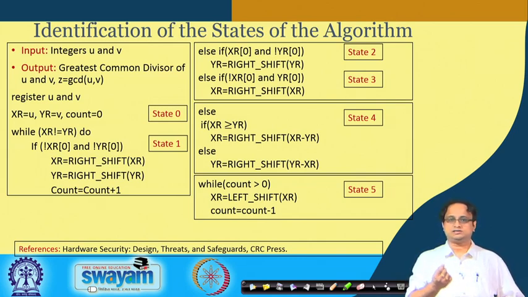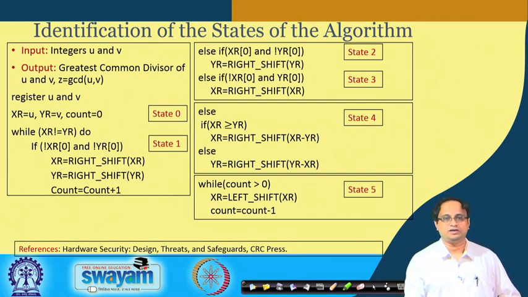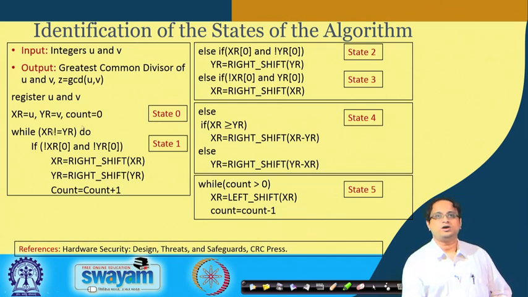You just need to check the least significant bit. If the LSB is 0, then you know that u is divisible by 2. Okay. Likewise for v. So I just check the last bit of XR and YR, and if both of them are 0, then I know that we have an even number. We have both u and v as even. Okay. So then what I do is,